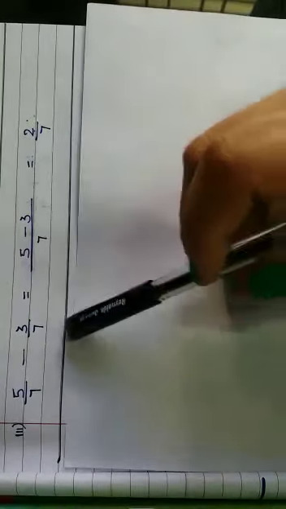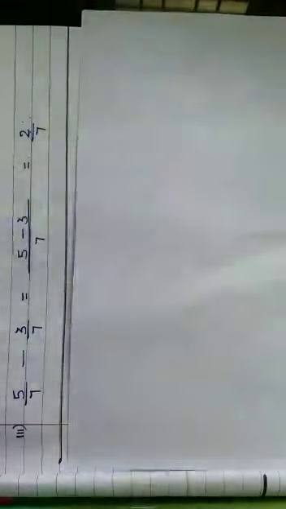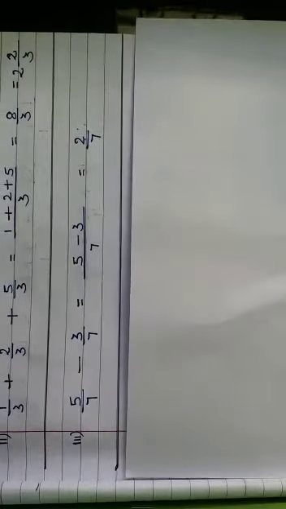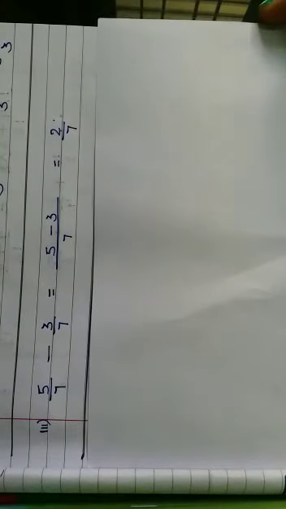Here we have to subtract two proper fractions. In case of subtraction also same thing is going to happen. What we have to do? We have to subtract only the numerators and the denominator is going to be same. Because the denominator is 7, here we have the denominator 7. Then in the numerator we have to subtract the numerators. 5 minus 3 is equal to 2, that is 2 upon 7.